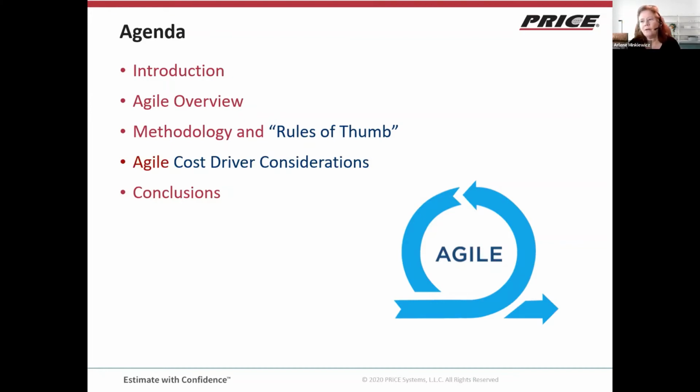of thumb. Also, I'll talk about some of the cost driver considerations. If you're an estimator and your development team starts telling you that they're doing an Agile project and none of the rules apply, first of all, some of the rules do apply, but there are also specific questions that you as an estimator might want to ask when your development team says they're being Agile, or when your program management says it's an Agile project. There's specific questions that you might want to ask to help you frame the estimate to take advantage of the use of Agile best practices. And then we'll wrap it up.